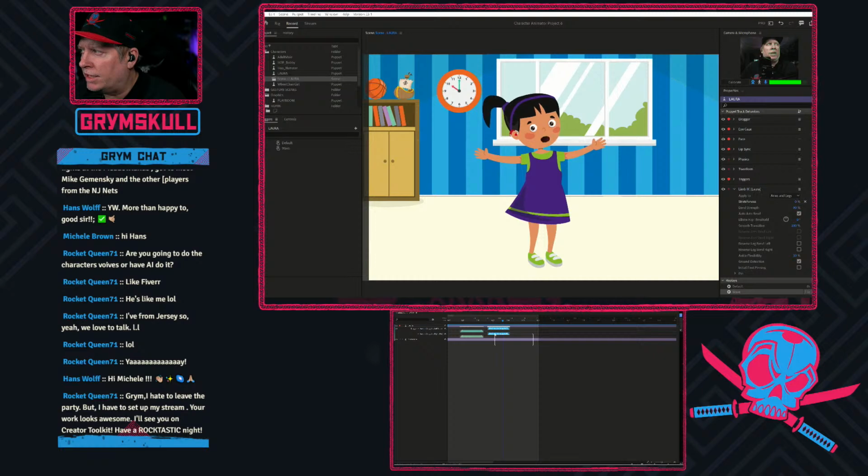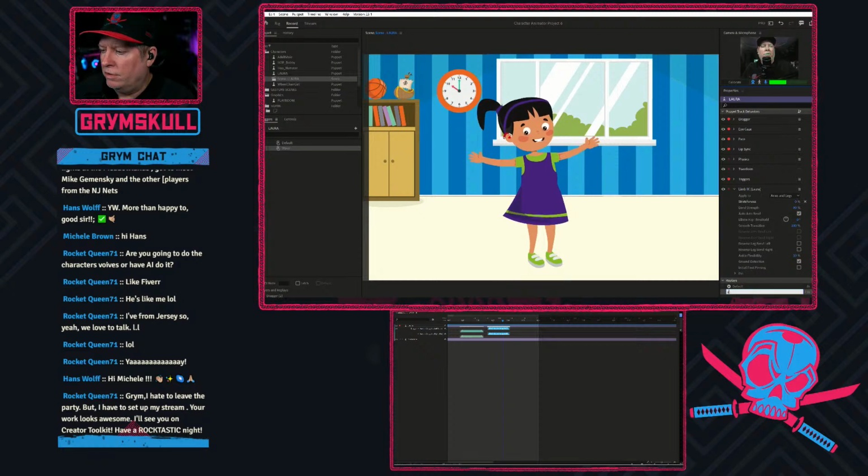So I'm going to go with those selected. We're going to right click and we're going to replace the wave. So I'm going to delete wave. I'm going to rename this one to wave.